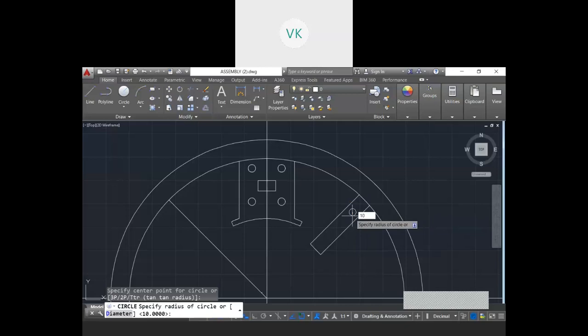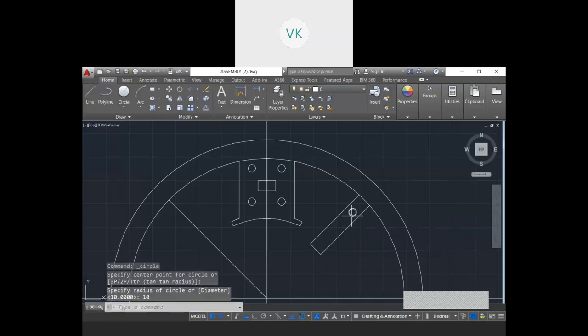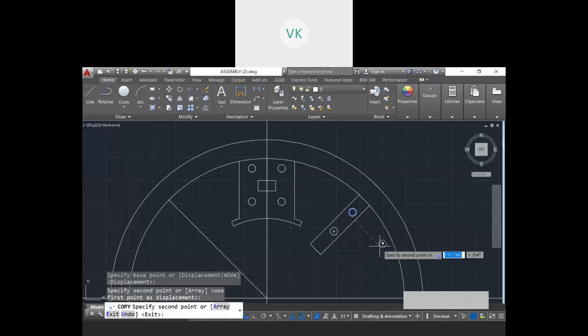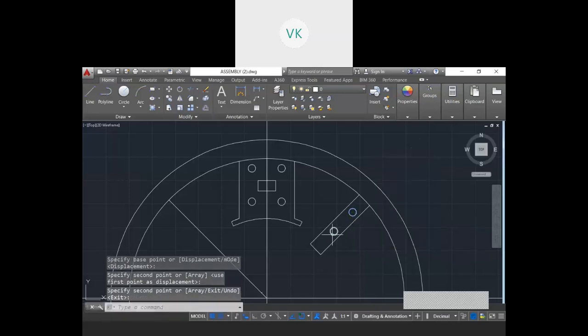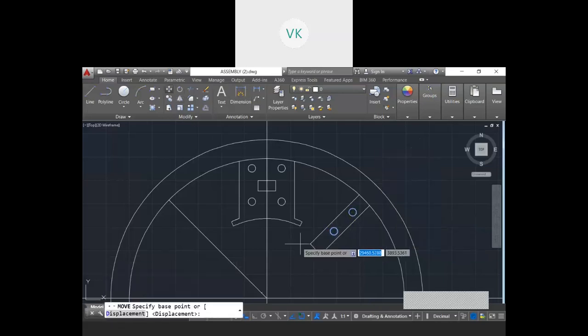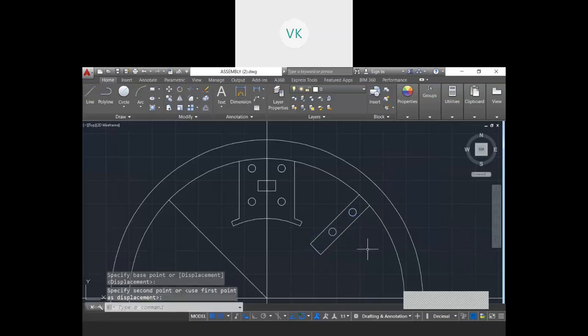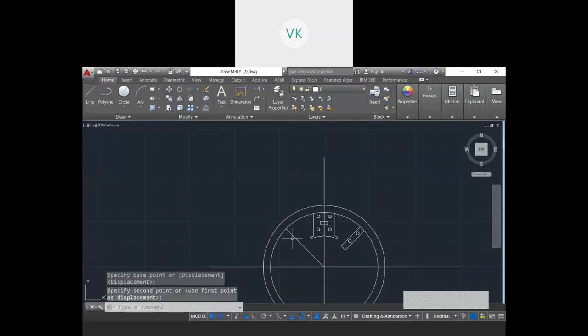I will take the similar slots, that is 10 mm. Then copy. So dimension is not given. You can place appropriately whether it will be exactly center. Okay, look at that and you can place. So this is my main pole as well as the interpole. So I will delete this part which is not there.